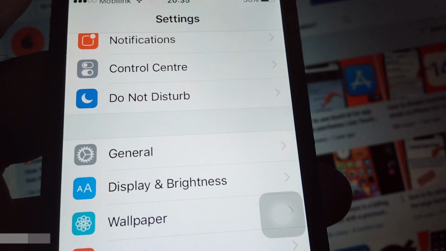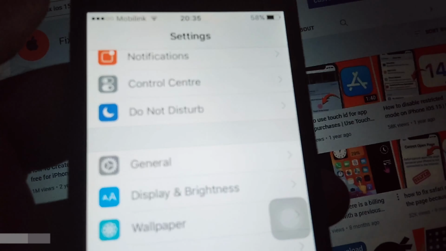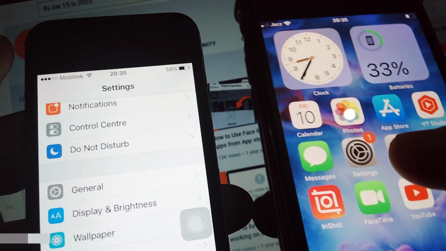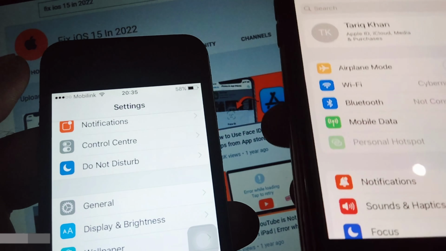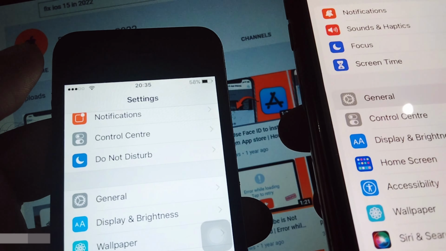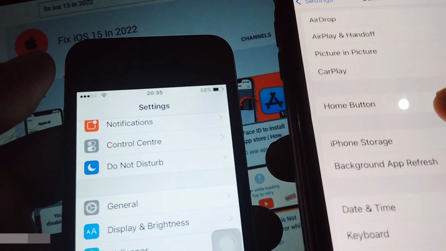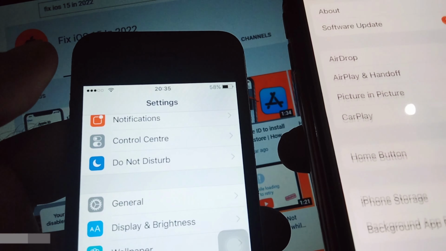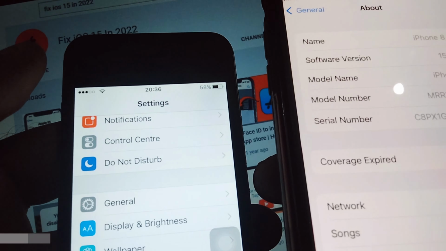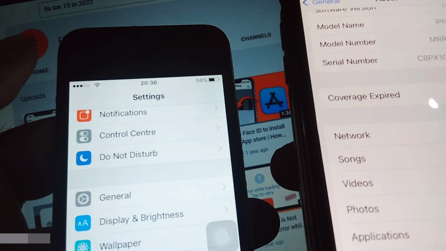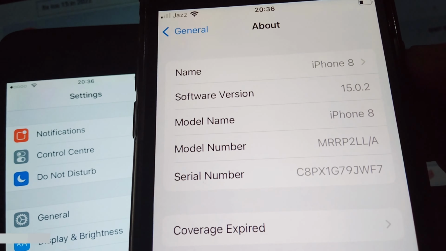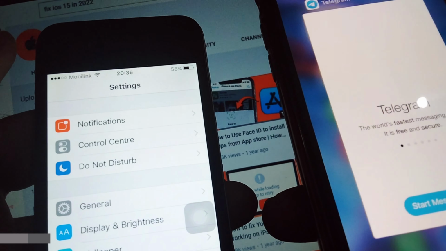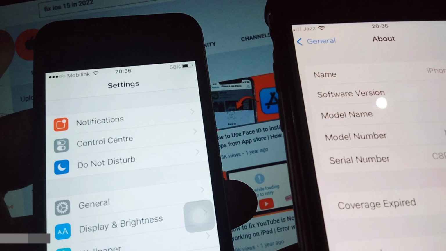For that, what you have to do is just grab another device, an iPhone or iPad like this one, and make sure that it's running iOS version 15, 14 or 13. I mean to say it must be 10 or later. Yep, here you can see iOS 15. Here it is. So to solve this problem, what you have to do is just open up the Settings app here